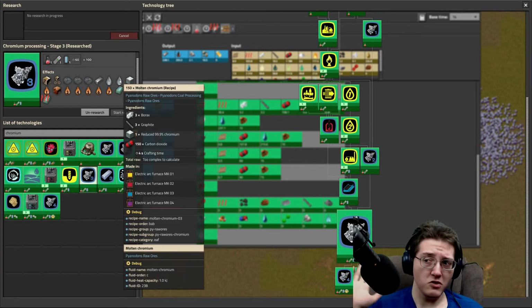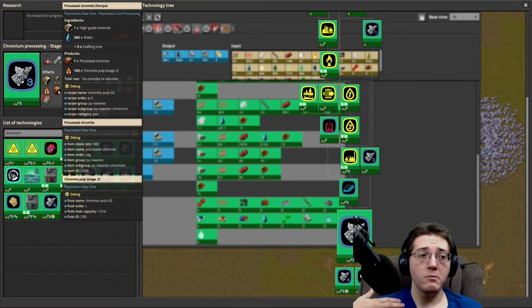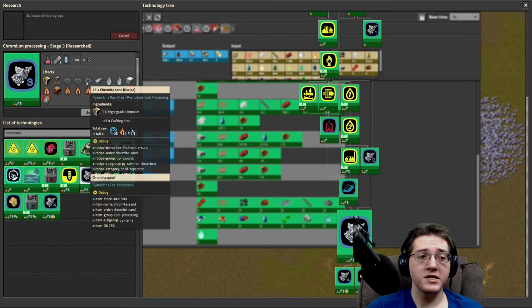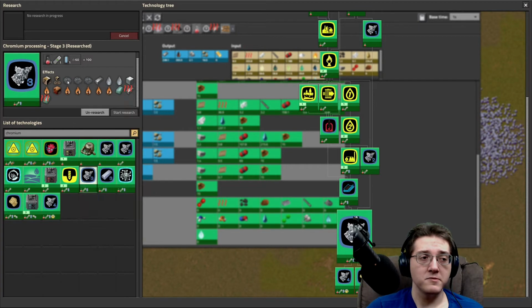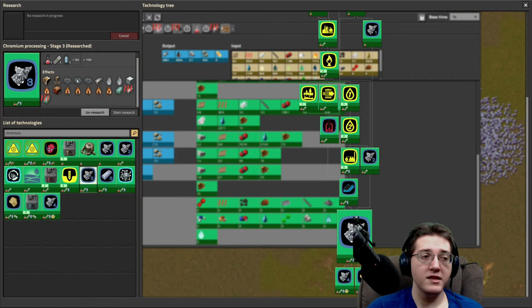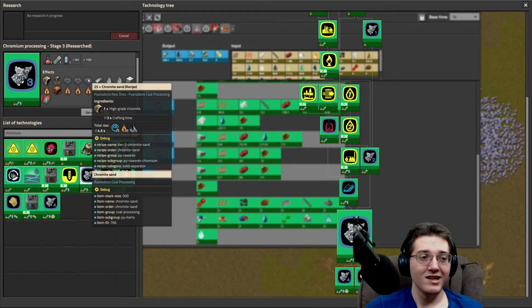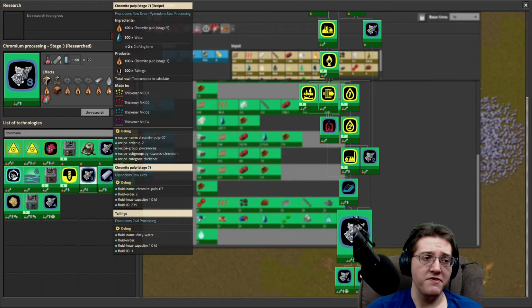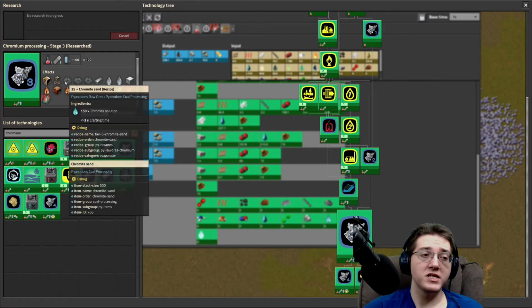It's a huge jump. Actually, it's a huge jump even to go into the processed chromite processing into chromite sand. So at blue science you get high grade chromite, as well as chromite pulp 7. So at high grade, it doesn't stop at high grade. That's the other interesting thing about chromium processing: normally at blue science high grade is the tip top highest you go, but for chromium you go from high grade and you continue all the way up to pulp 7, and that also makes additional chromite sand, and that process gives you additional chromite solution that's then used to